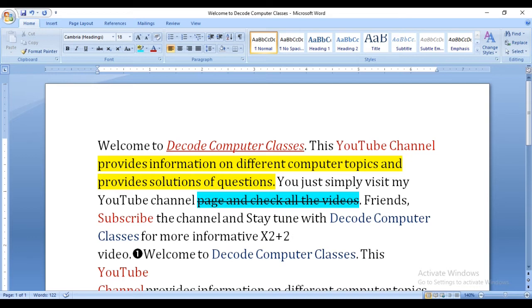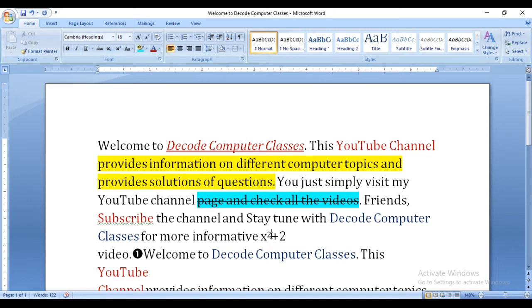Now in simple typing it won't be written as a formula, so you have to make x square. With the superscript option you have to choose like this, right? So x square, right?